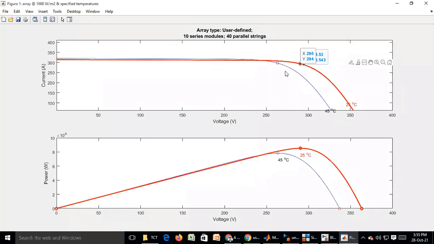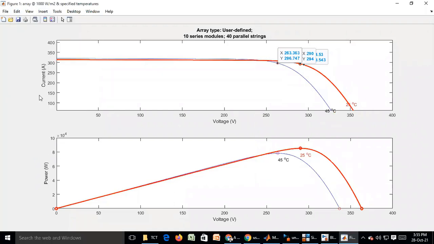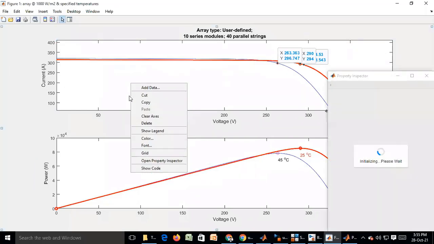Whereas for 45 degrees, the global maximum power point is shifted a little bit. Now you go to view, edit figure properties. Okay, edit figure properties, right click. You can make the grid.